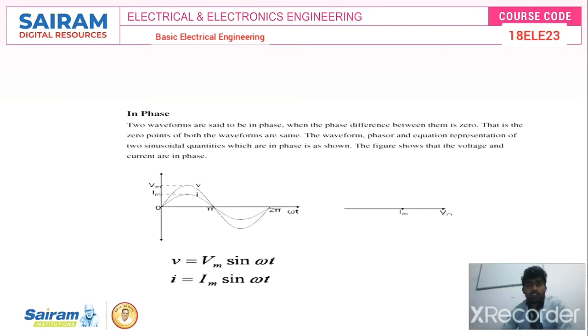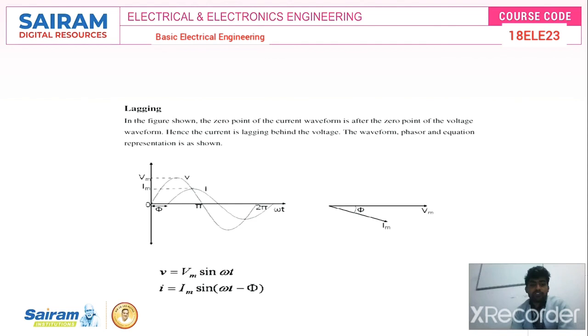I think the equation we all know, right? Power is equal to VI cos phi. If the phase angle is zero, cos 0 will give you 1, right? So power is equal to VI. So this one starts from 0 and crosses 0 at the same time, right? So that's why the phase angle will be 0. That is in phase. And in lagging phase, the current lags the voltage by an angle phi, or current lags the voltage by an angle of 90 degrees for a pure inductor, and if it is a pure capacitor, that is leading phase.